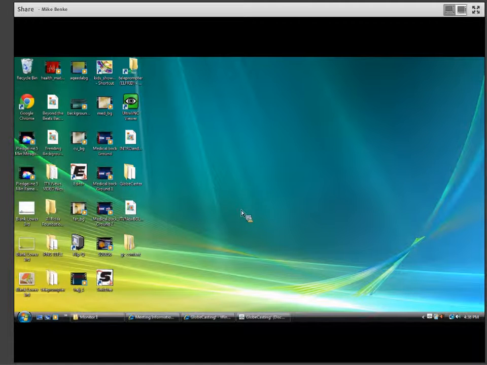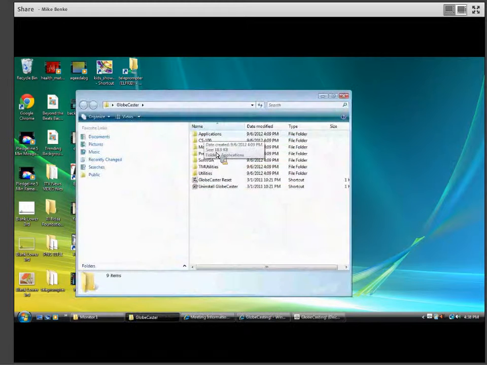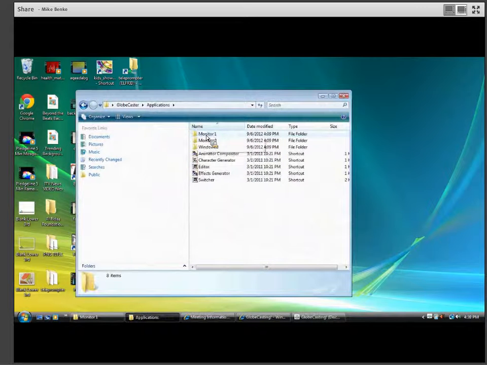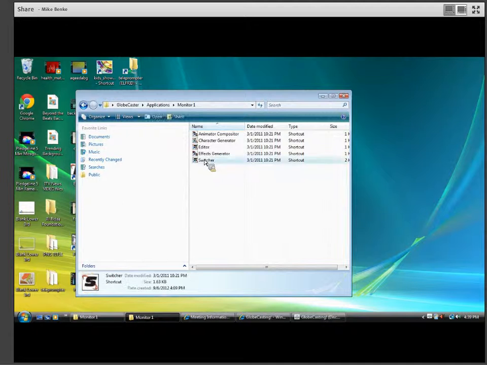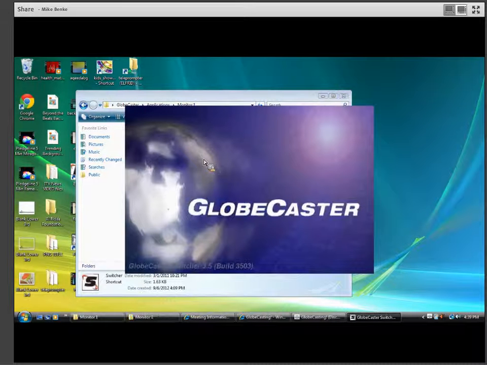So you've got to launch the software. I've created a shortcut on the desktop called GlobeCaster. So we'll open that up, and in this situation, I'll have two monitors selected. I'm going to go to Applications, Monitor 1, which is my monitor on the right, and I'm going to choose Switcher. Okay. So by default, whenever Switcher loads, you're going to see what version of software you're running,